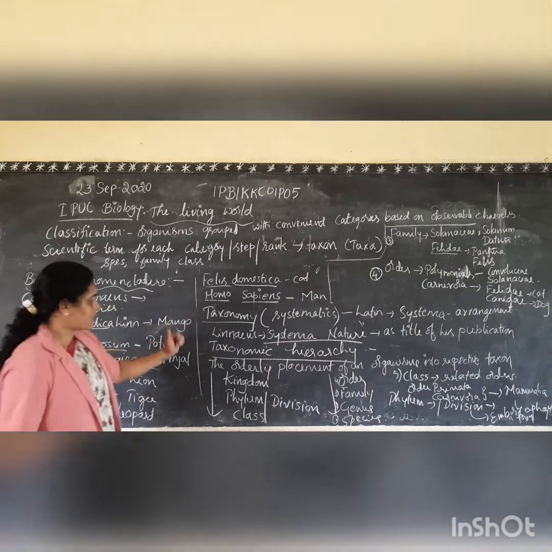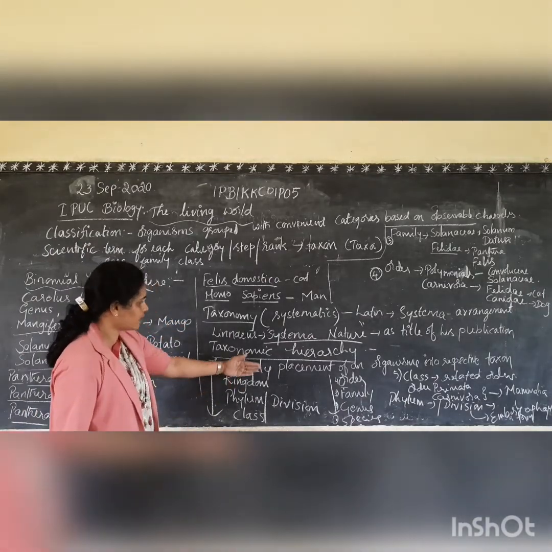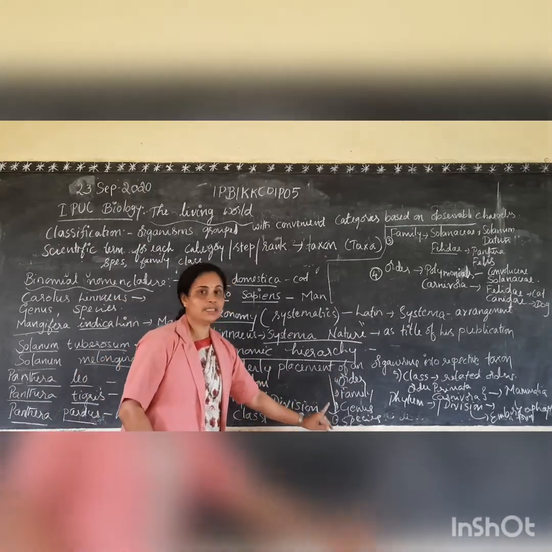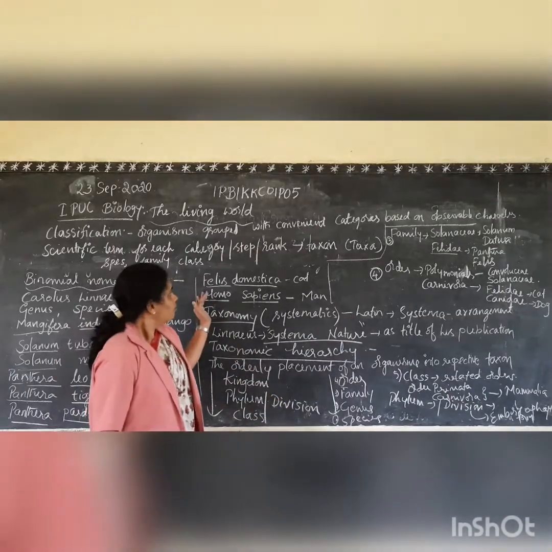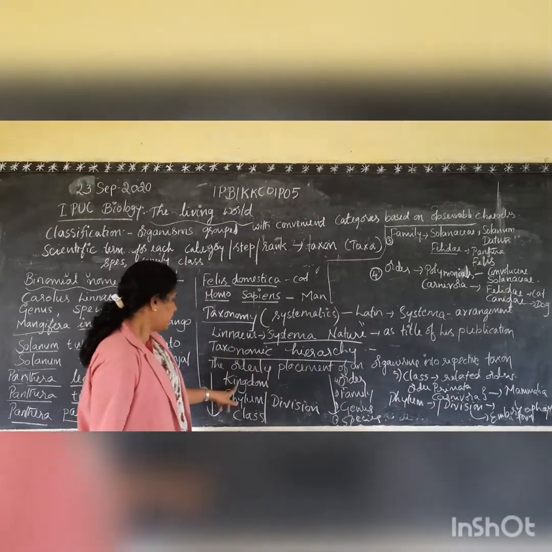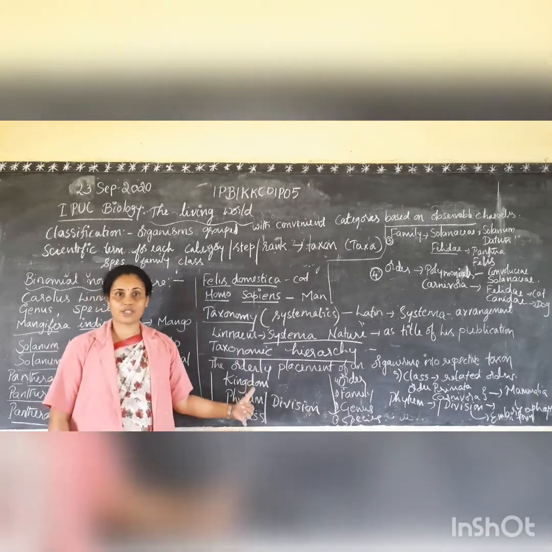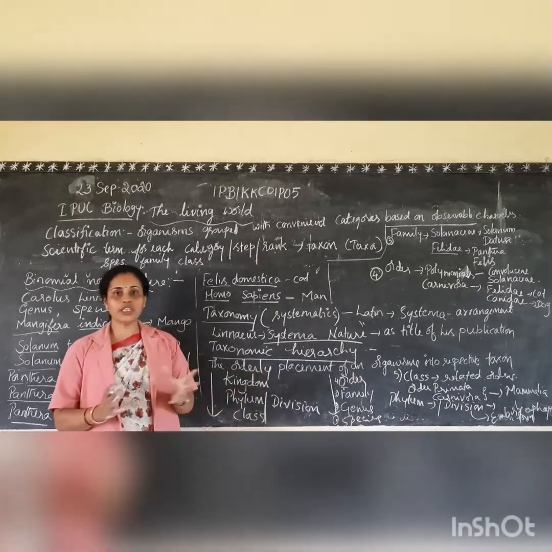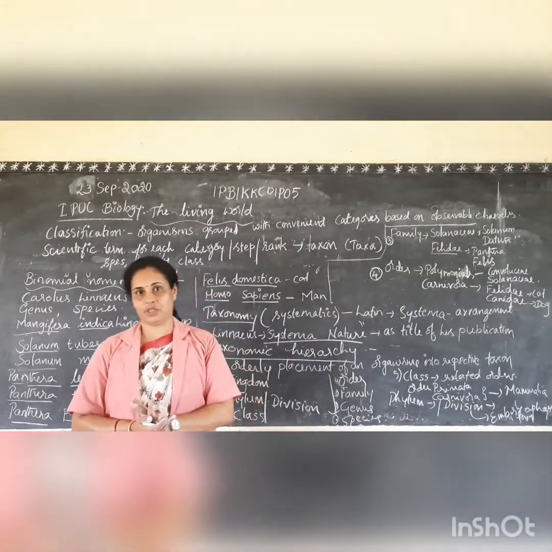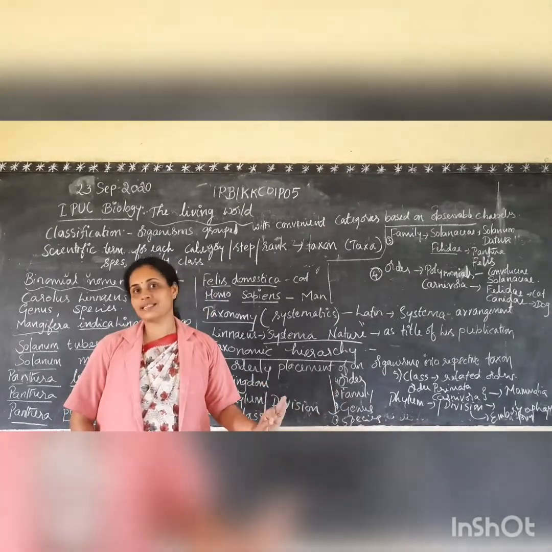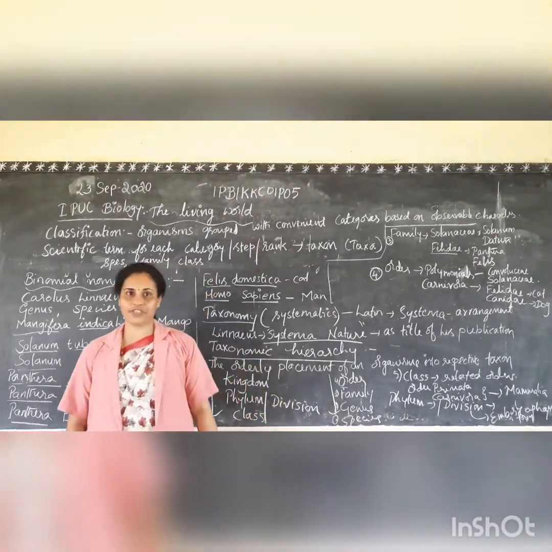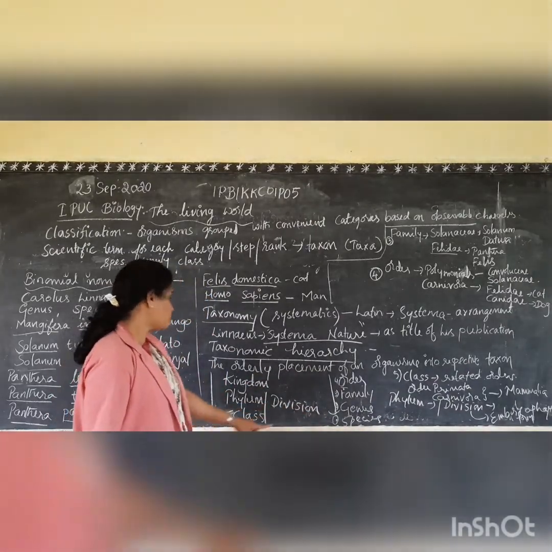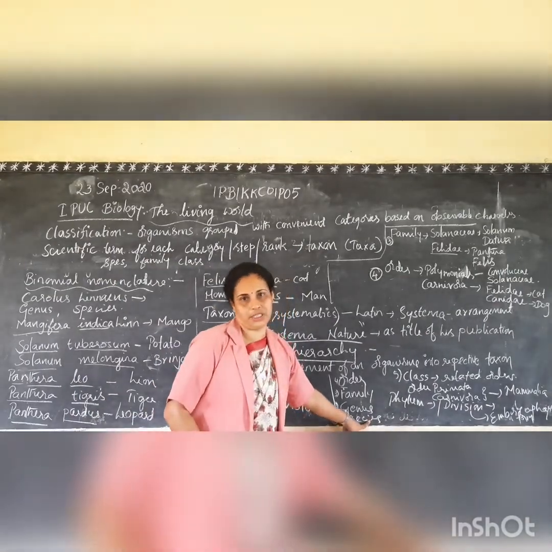Which are the taxa in order in the classification? Kingdom, phylum, class, order, family, genus, species. Kingdom is the biggest, or largest, taxon in classification because it includes the most organisms, whereas species is the basic, smallest unit of classification. Here we will learn one by one. The first is the smallest unit, species.